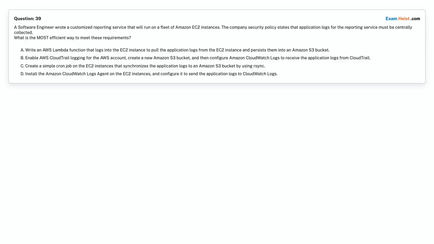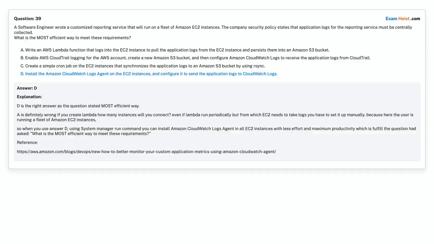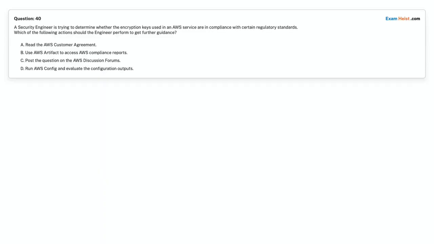Choose the correct answer. Correct answer is option D. Install the Amazon CloudWatch Logs agent on the EC2 instances and configure it to send the application logs to CloudWatch Logs. Question 40. A security engineer is trying to determine whether the encryption keys used in an AWS service are